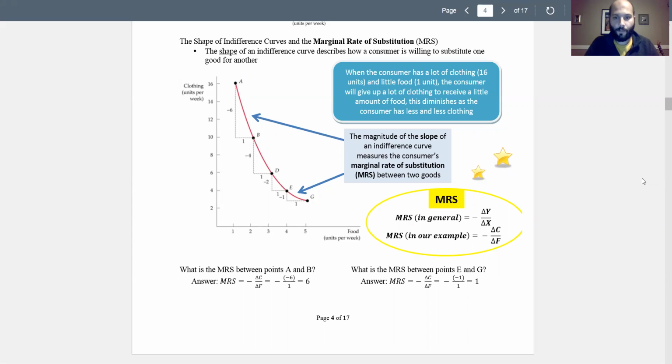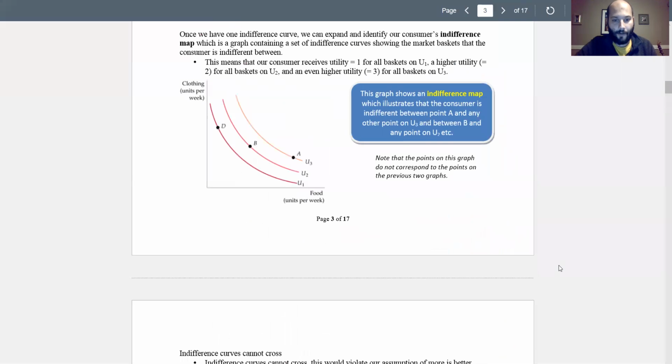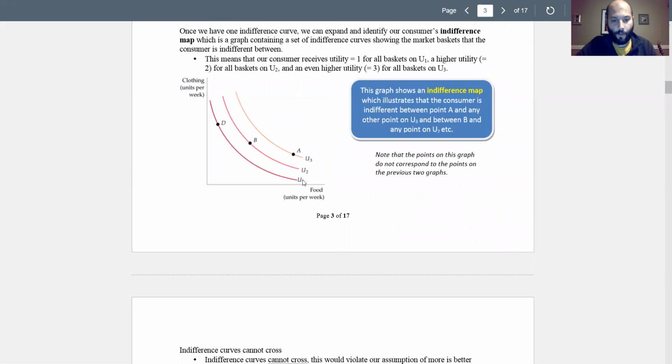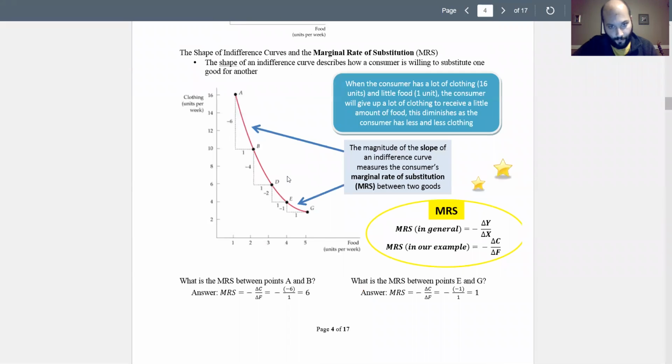In this video, we're going to talk about what an indifference curve is mathematically. So in the previous video, we talked about the theory of an indifference curve, showing all of the combinations of bundles that are equally preferred, or that the consumer is indifferent between. Mathematically, what an indifference curve shows us is the marginal rate of substitution, or a consumer's willingness to substitute between the